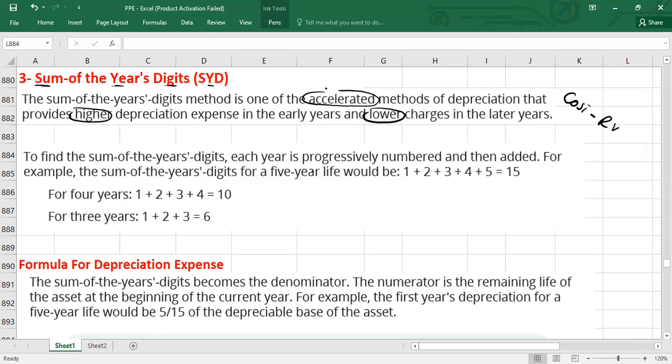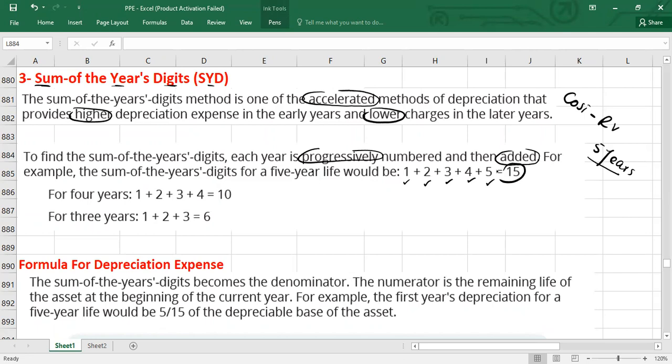For the sum of the years digit, each year is progressively numbered and then added. For example, if an asset has a 5 year life, how will you write progressively? You will write year one plus year two plus year three plus year four plus year five, and then you will make the summation, and this will give you the sum of the years digit. And this digit we are going to use as a denominator in the formula, which I will show you